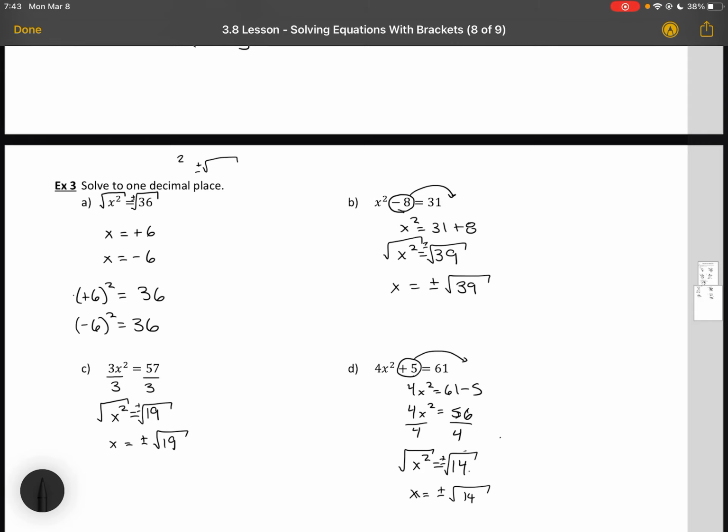Two types of equations. One is solving equations with brackets. Two is solving equations with an